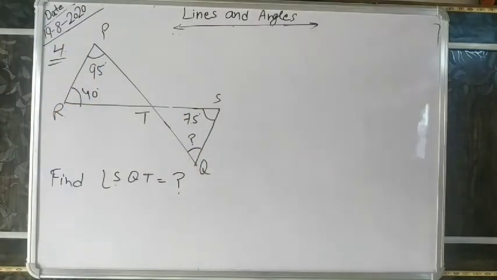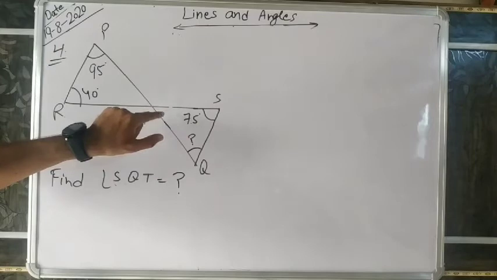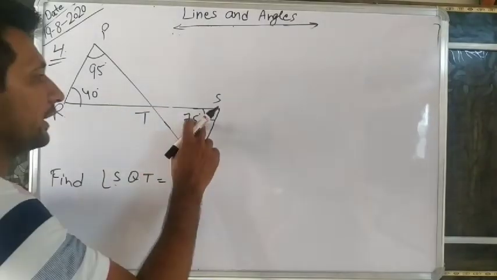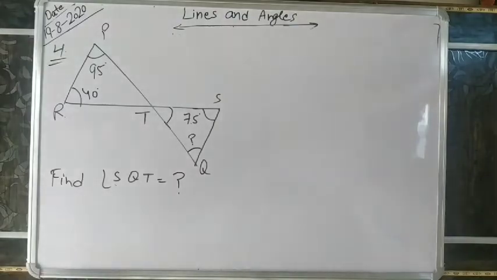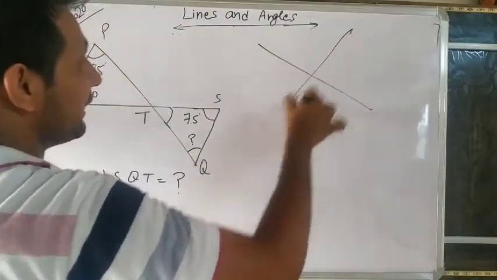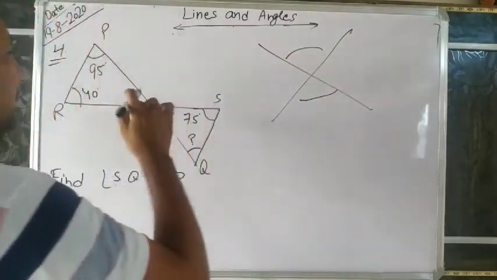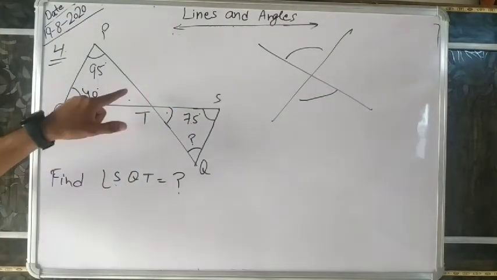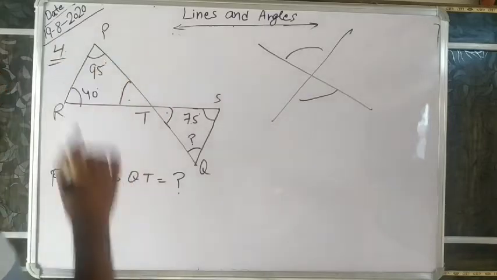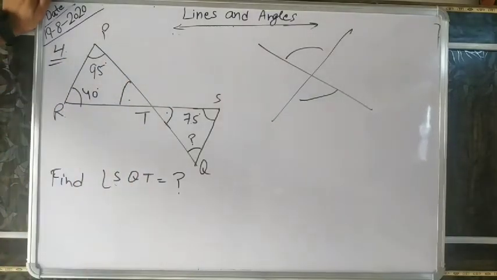If we know two angles in a triangle, we can find the third angle. One angle is already given, so first we will find this angle. And how can we find this angle? Think. These two lines intersect. Vertical opposite angles, this one and this one, are equal. So first we will find this one angle. And this angle we can find by using the angle sum property. Two angles are already given.